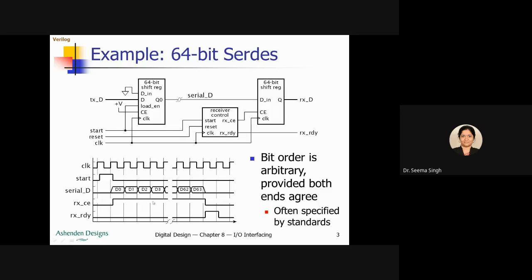Receiver clock enable will be ready for all that time, and once the data is received, a signal will come which says that the receiver is ready again. So this receiver ready signal high means my data is transmitted and now it is ready for the next control or the next transmission. So this is very important, otherwise all our data will be lost, or it will not be in a receivable form or usable form.